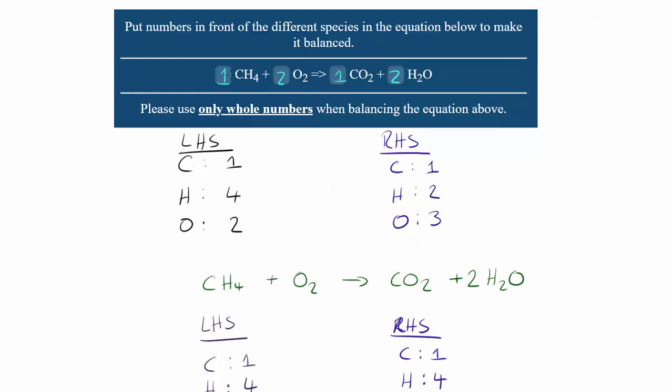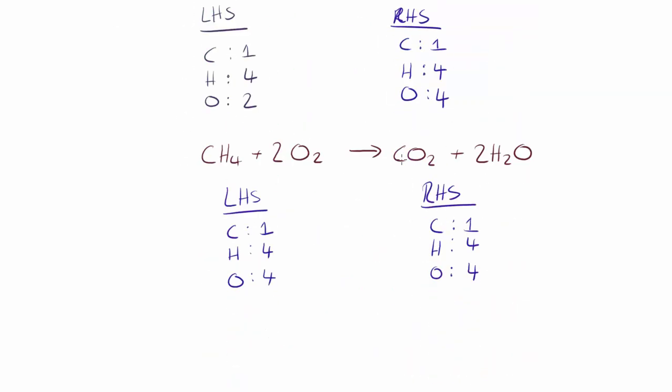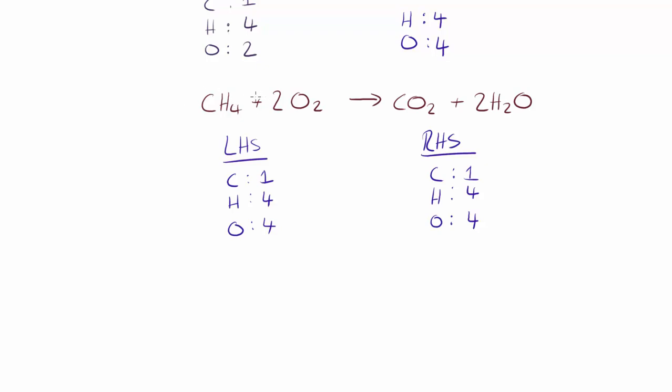But in the actual answer, we wouldn't need to put a 1 here. So effectively what that becomes is simply, as we've got at the bottom, CH4 plus 2 O2 plus CO2 plus 2 H2O, right? So the numbers are mainly just for the oxygen and for the H2O, right? And so this would be our final balanced equation, CH4